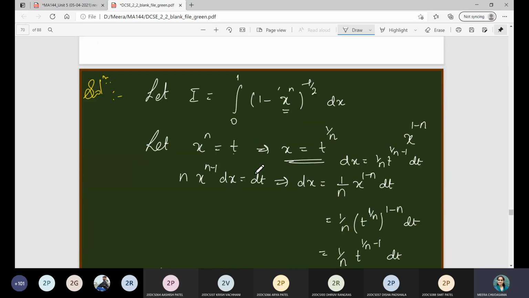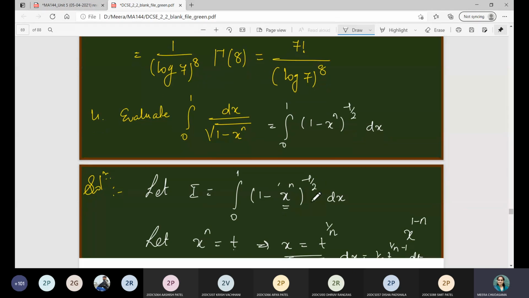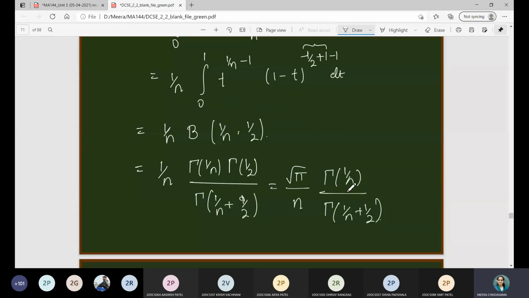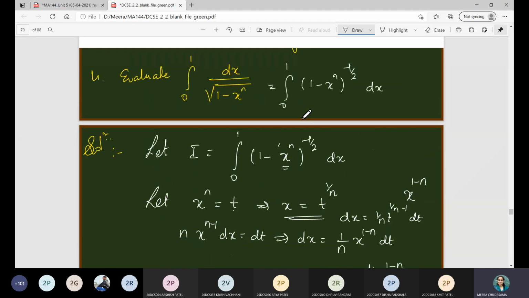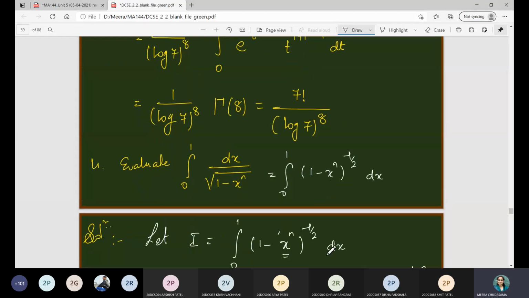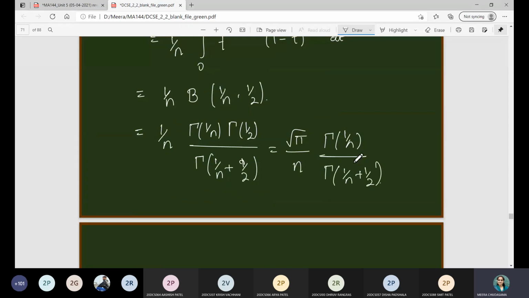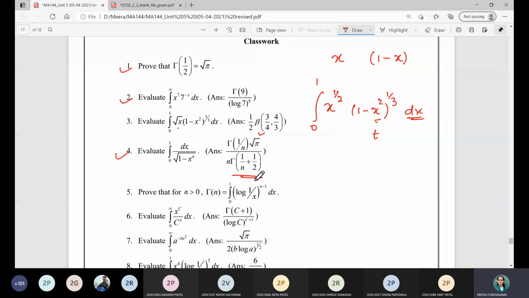So if you have taken x square here, suppose 1 minus x square raised to minus 1 by 2, then corresponding in the formula n will be replaced by 2. Similarly, if you have taken a cubic expression here, n is equal to 3, then corresponding to that one. So you have solved this example in a more generalized way. So this is true for any number n, right? So this is the final answer. Yeah, this is given over here, right?